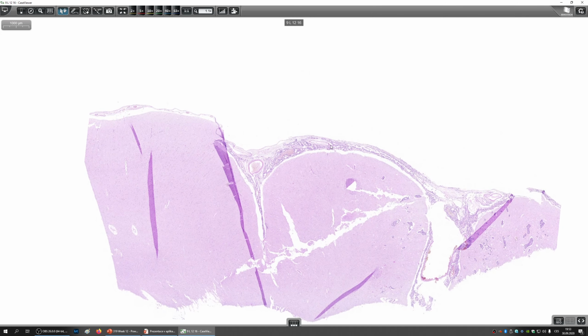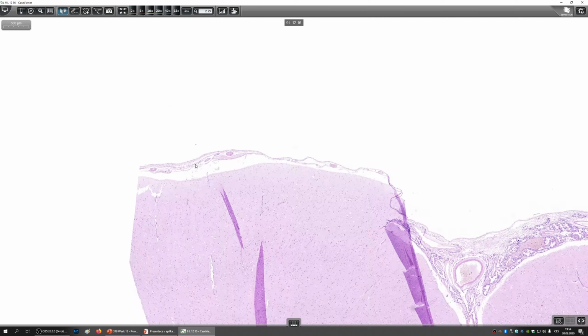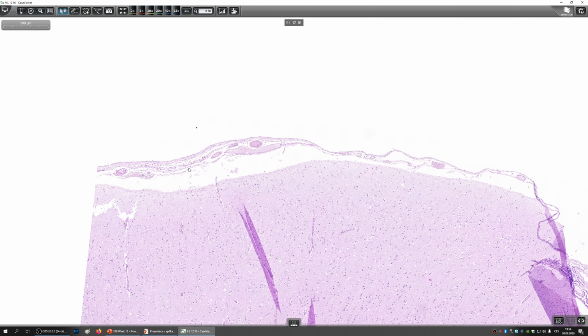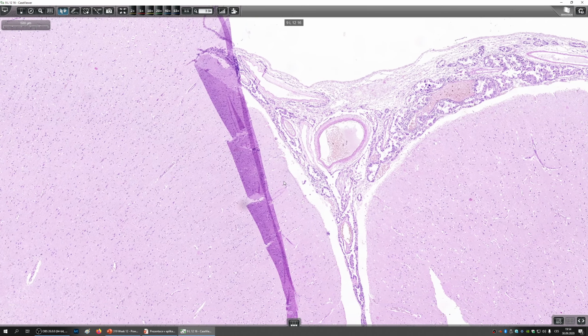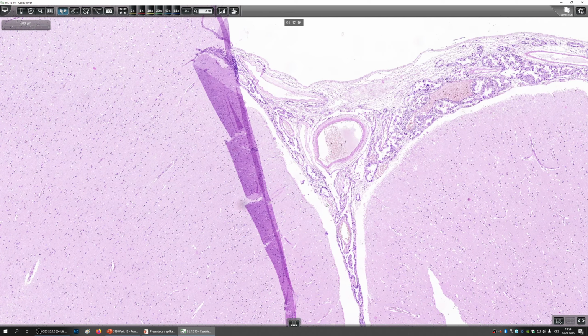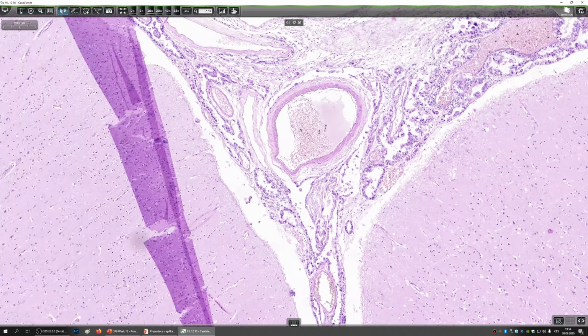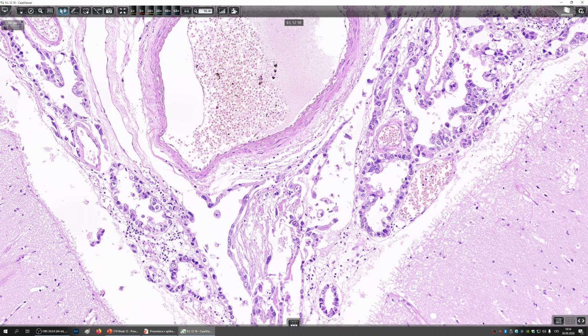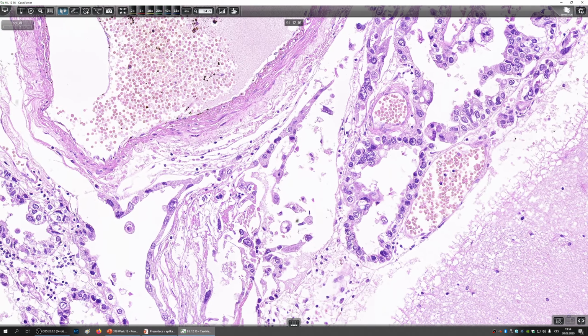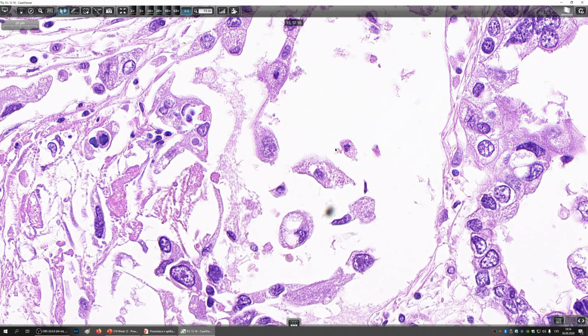So here's the gyrus, here's the sulcus, and here in the subarachnoidal space you can immediately see that something is going on. There's something which shouldn't be there. This is a normal subarachnoidal space here, this is normal, and this is abnormal. Even from this magnification it's obvious that these are glands. Here is some mucin production,